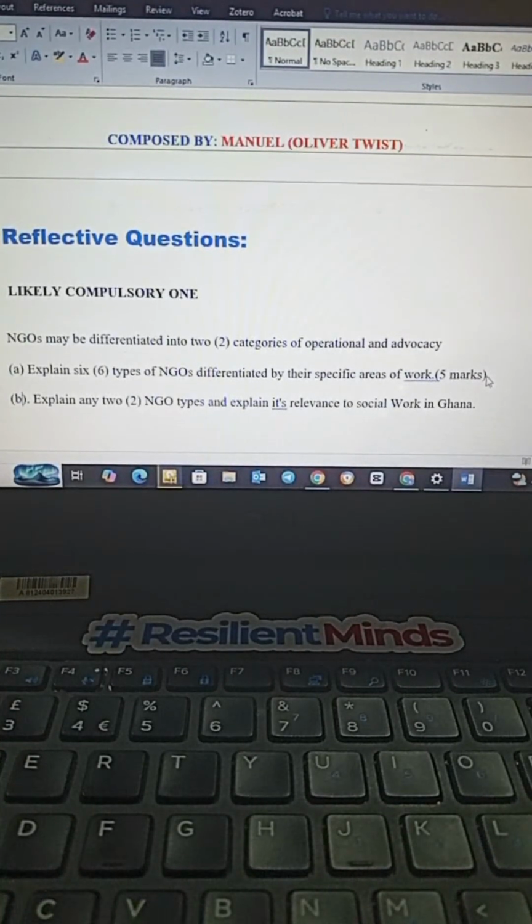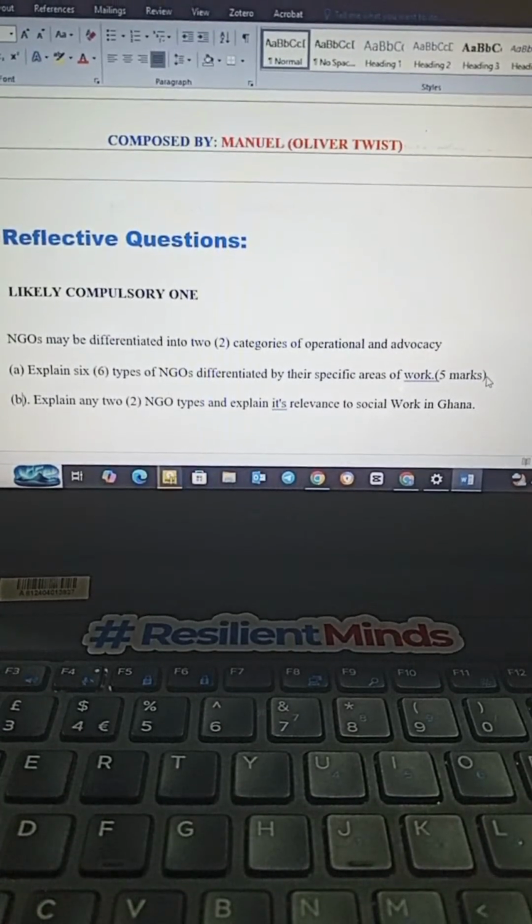So when we say BINGO, it's what? It's big international NGOs. An example of a big international NGO is the Red Cross. And we also have UNICEF. I only gave 2 examples. So Red Cross and UNICEF are examples of what? BINGO, big international NGOs. And that's the first type of NGO.